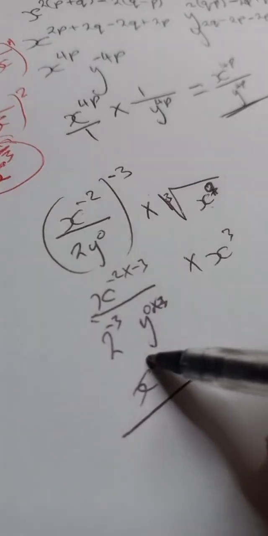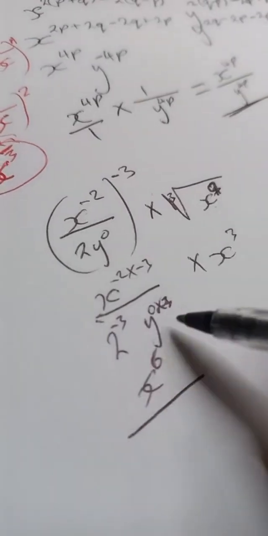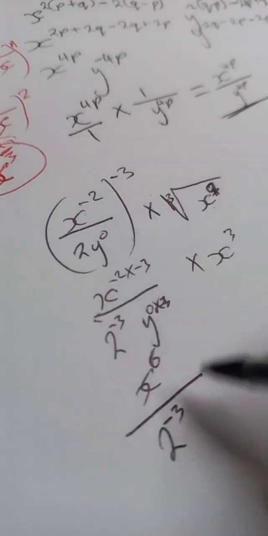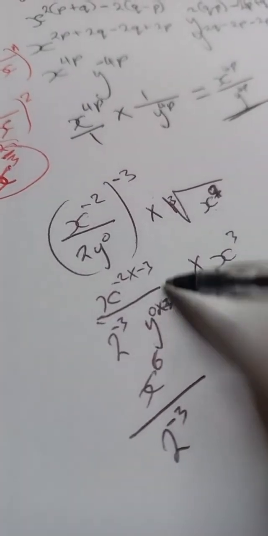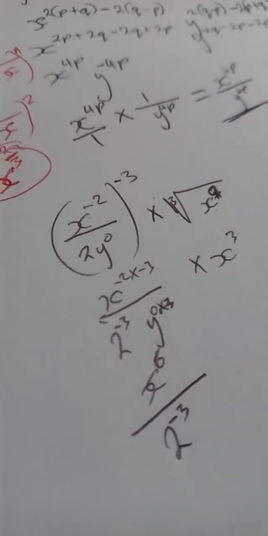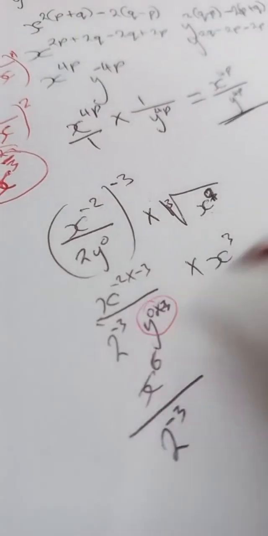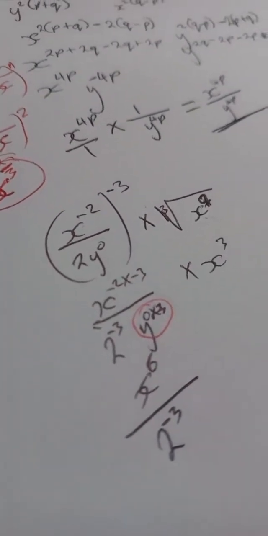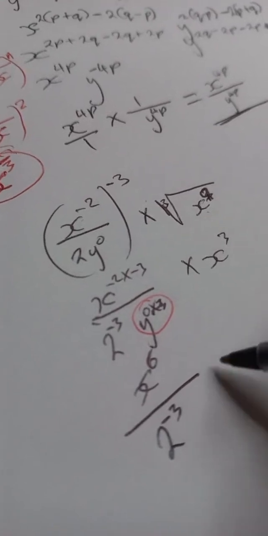Okay, here I said x to the power what? 6. And then here is going to be 2 to the power of negative 3. Y to the power 0 will always give us what? 1. Right? So this will disappear because it's giving us what? 1. And then